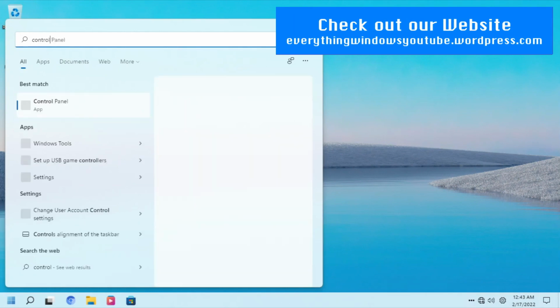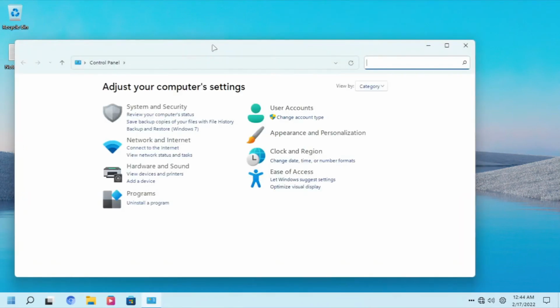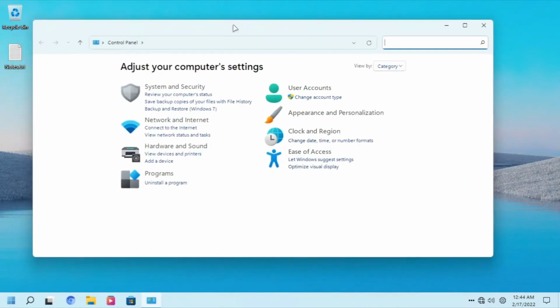Control, and then we're going to load. Okay, that's in there. Control Panel, as you see, the logo is so much improved. I don't know if Windows 11... Right, so there you go. Adjust your computer settings. The logo is Fluent Design, or should I say the Windows 11 design, which fixes all